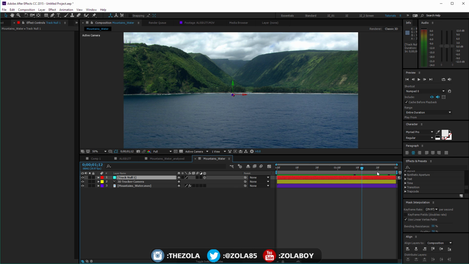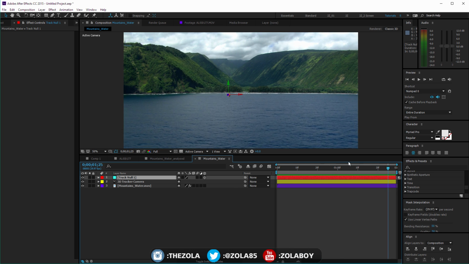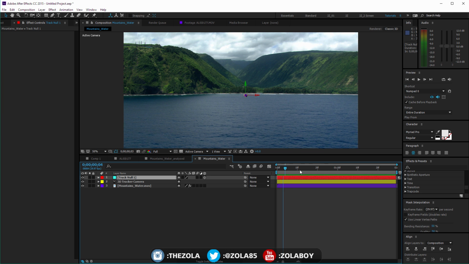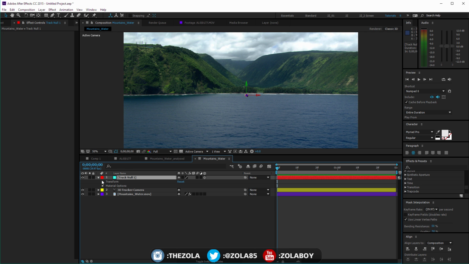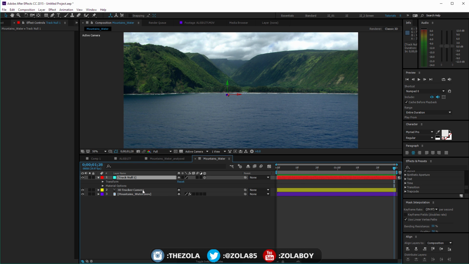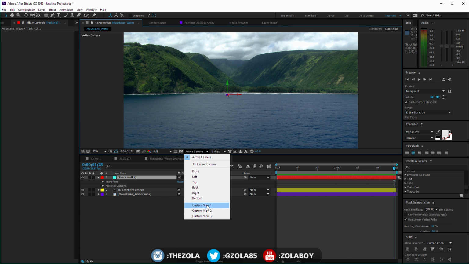Now I've not done nulls, and I'll probably do nulls tomorrow in terms of what a null is, why it's powerful, why you should know how to use them and what they can be used for. But for now, just understand that a null is basically an invisible point in space that has all the basic transform properties, but in this case I'm just using it as a point of reference. I'm just saying in this scene it's made of 3D, and because we've got a camera and a null, if we look into our custom view,